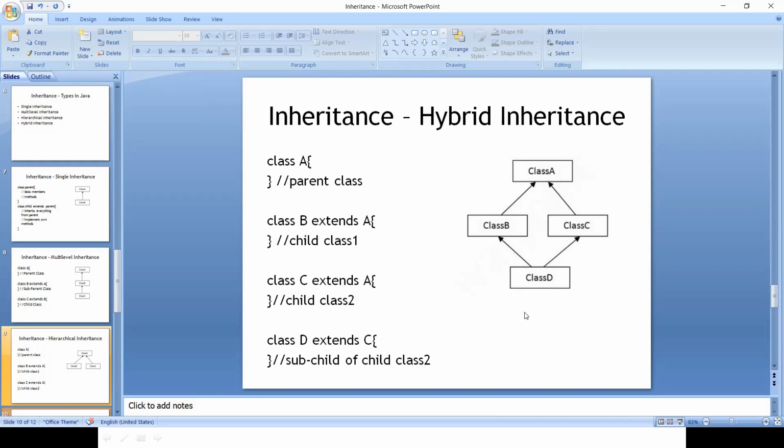In that case, my class D extends class C, which is the employee.java. So this is purely scenario based, but whenever required, we can have this hybrid inheritance in place, depending upon what existing classes are and which class I can extend to fulfill my requirements. So these are the four different types of inheritance in Java.